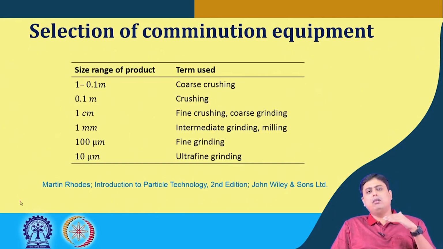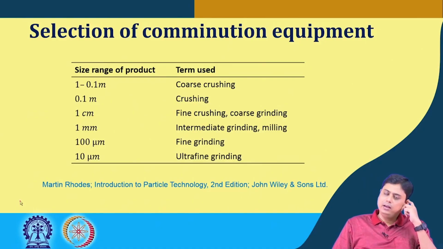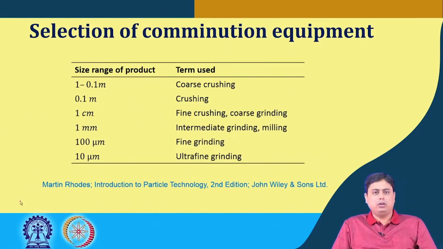After that we have fine grinding and ultra fine grinding. Fine grinding goes in the range of 100 micron and ultra fine grinding goes in the range of 10 micron. So these are the typical terminologies that are used,